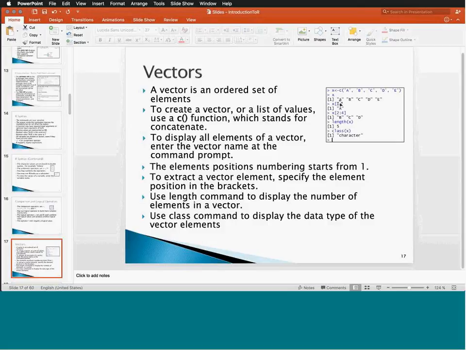So a vector you can just think of as a list if you want. It's just a list or a single row of values. You can see that here: A, B, C, D, and E. It's a single row of characters, each separated into their own little cell. If you want to imagine an Excel spreadsheet, on the first cell you had A, on the second cell you had B, on the third cell you had C,